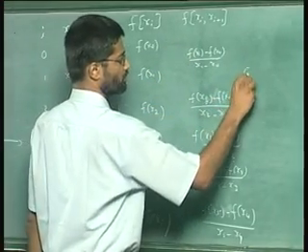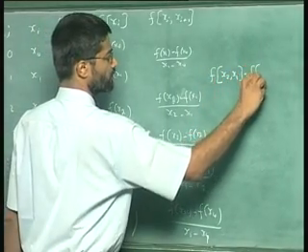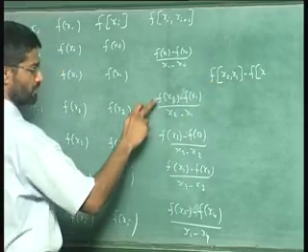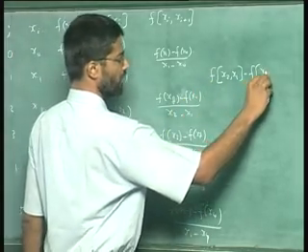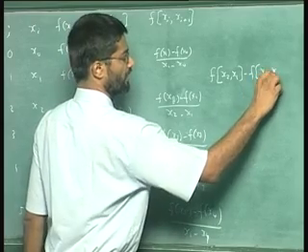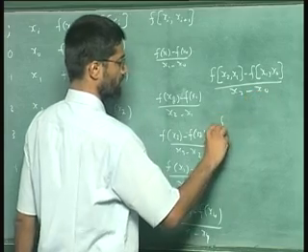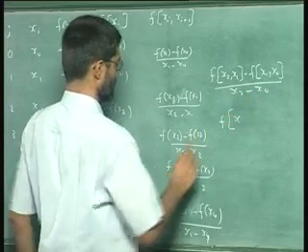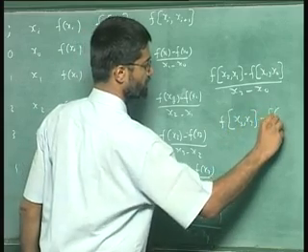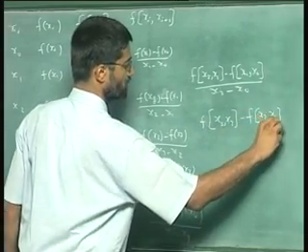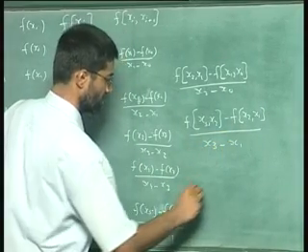So, the next term would be f of x1 x2 minus f of x0 x1 divided by x2 minus x0, and here the next would be f of x2 x3 minus f of x1 x2 by x3 minus x1, and here you will have